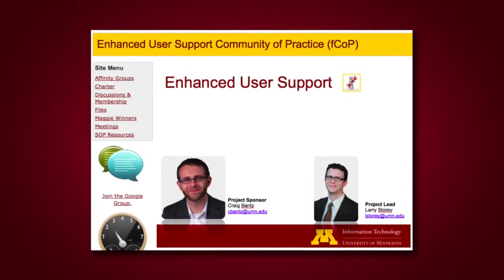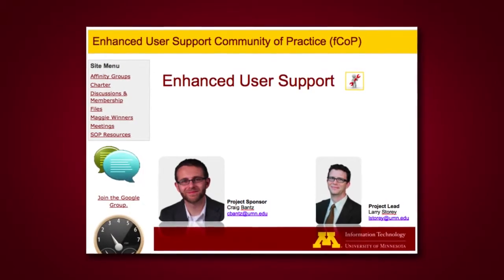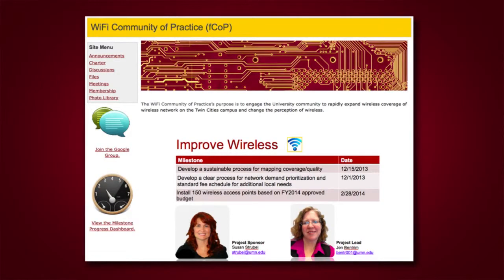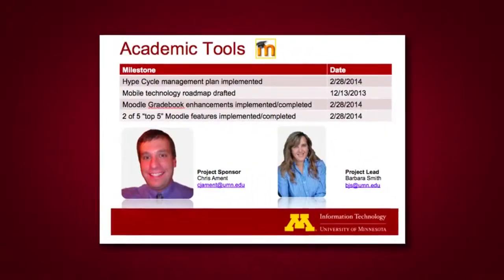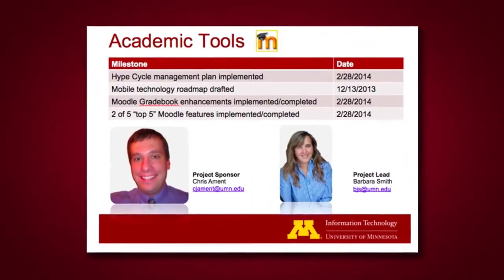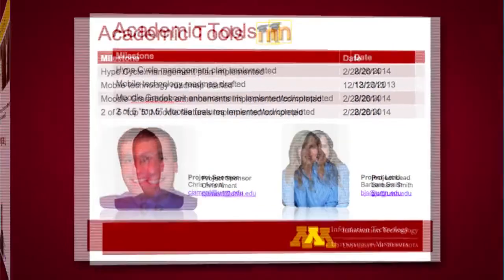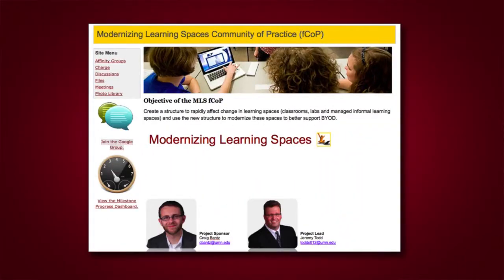And the sponsor's job was to help remove obstacles from the community. So if the community ran into a space where maybe they needed to hire a subcontractor for some money, or they needed to get some broader survey input from the rest of the university, that project sponsor would then go work with the enterprise IT organization to go do that on behalf of the community. Another thing that we did in the second year was instead of giving them big hairy things like help desk consolidation, we chunked it up a little bit. So we gave the communities a little smaller activity to do and more of them.